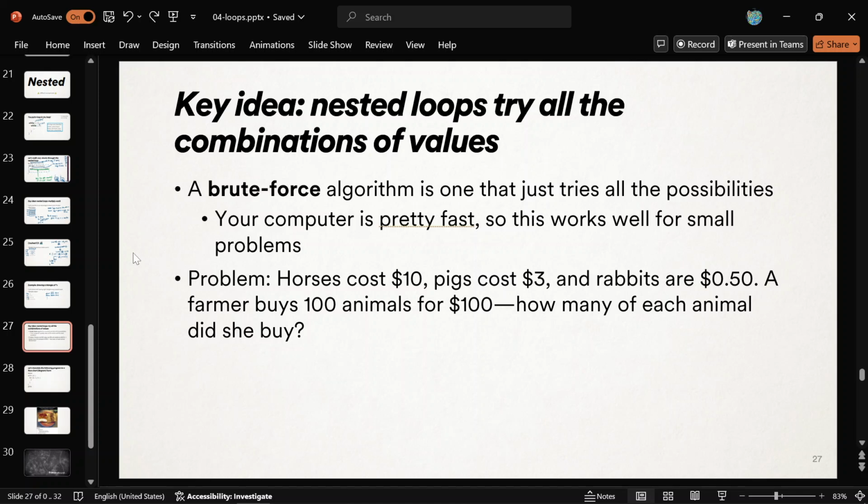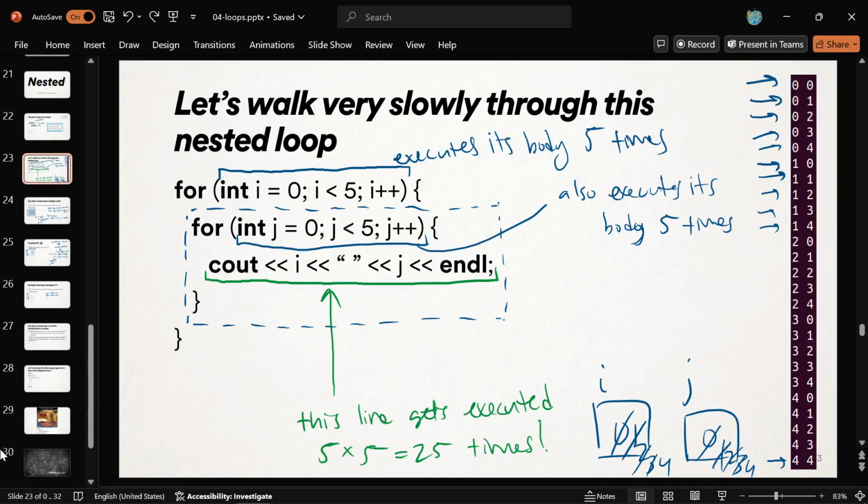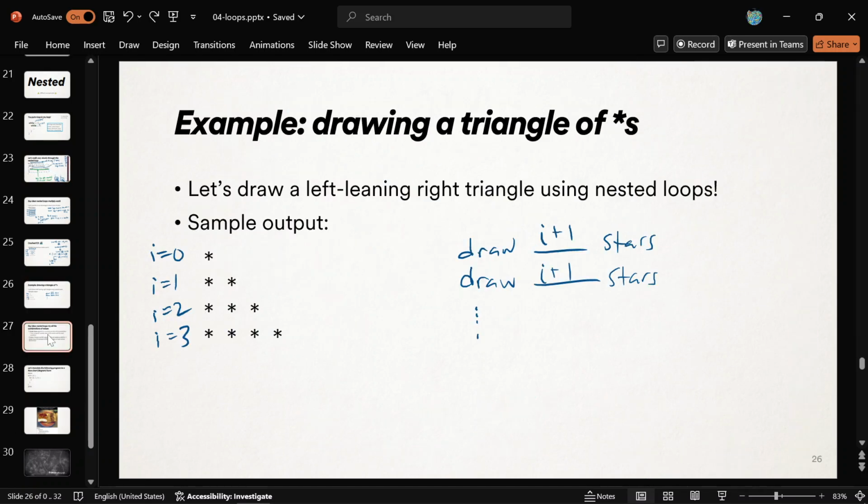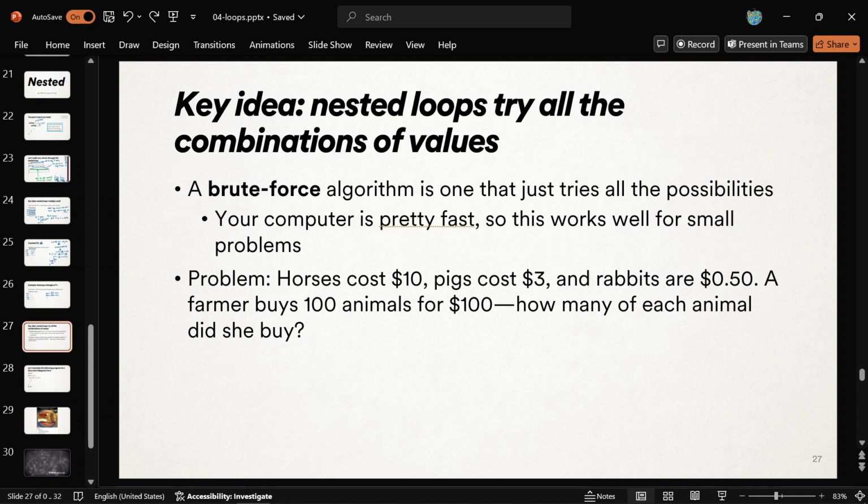Yes, we can. The answer is yes, we can. And we can do it with the same idea. I'm going to make 3 variables and loop over every possibility of buying up to 100 animals. So, I'm going to loop from 0, 0, 0, 0, 0, 1, all the way to 100, 100, 100, even though that's 300 animals, right?